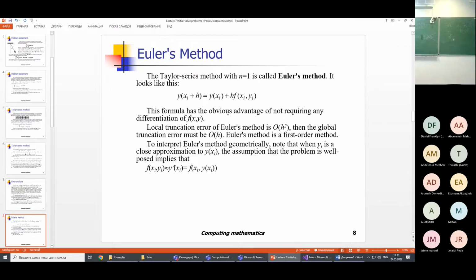Of course, if we remove these terms, this equality becomes not exact, but approximately equal. Well, and finally, the main feature of Euler's method is that here